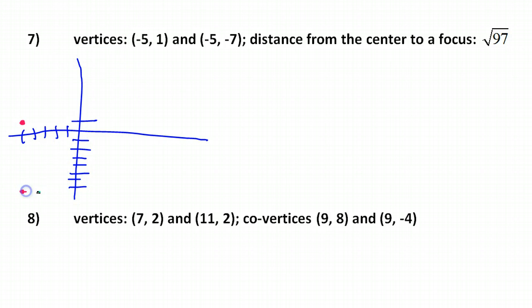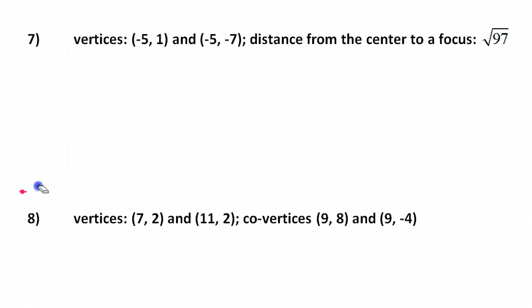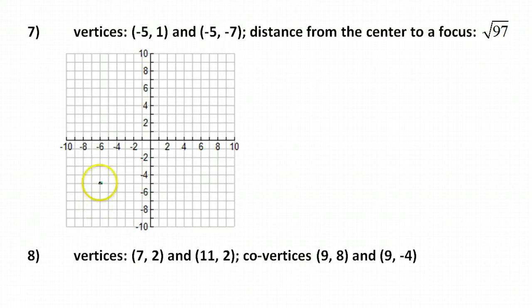My point is, I'm going to put this on actual graph paper. Yours you'll have to draw on your own, but I'm going to throw graph paper on here so I can keep it crystal clear. So, vertices at -5, comma 1, right there, and -5, comma -7, right here. Those are my vertices. Because it's vertical, that tells me that the y coordinates are